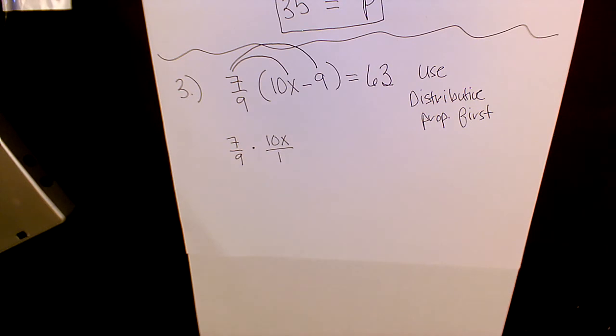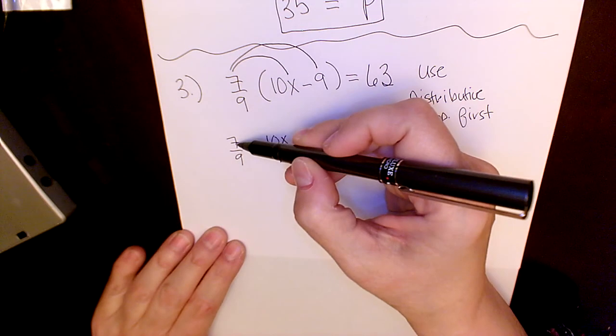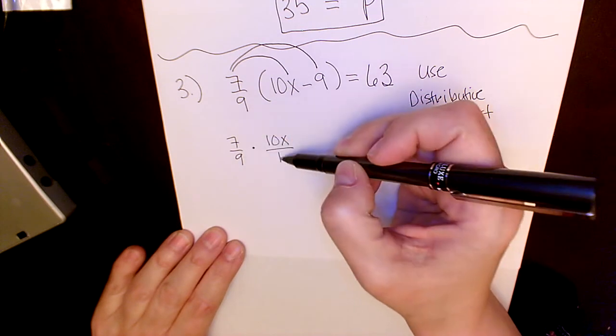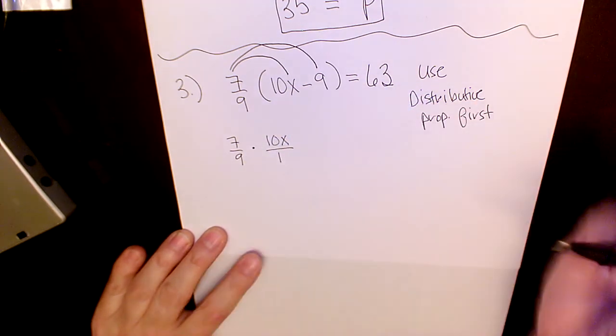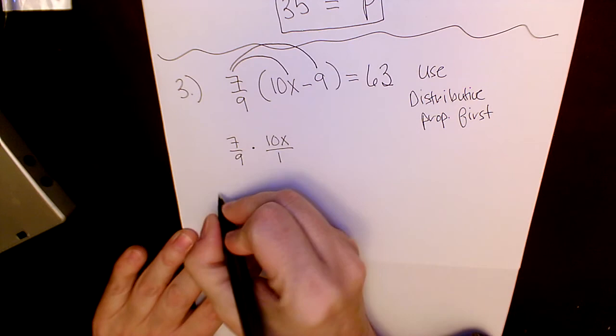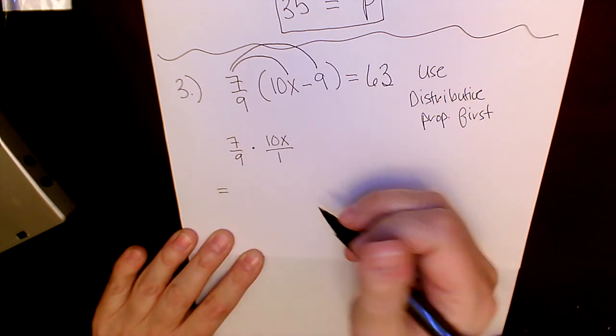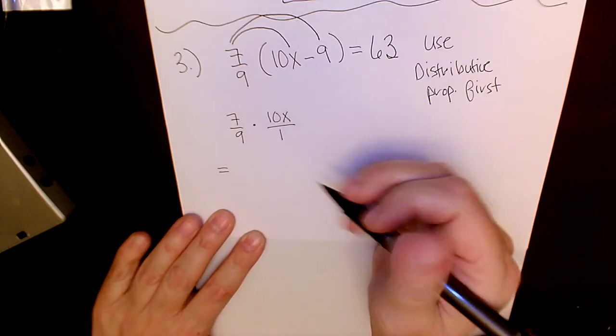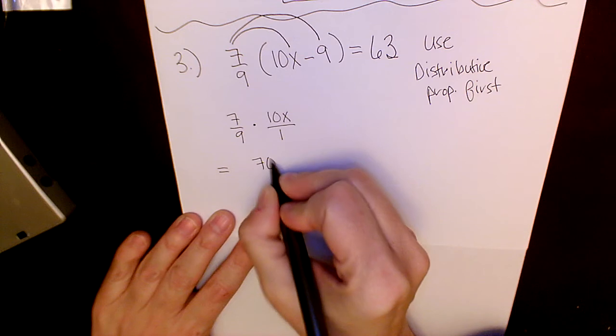Now, I think I'm just going to have to multiply straight across because I don't see anything I can cancel. I can't cancel anything here or here or here or here. So I'm just going to have to multiply straight across and get